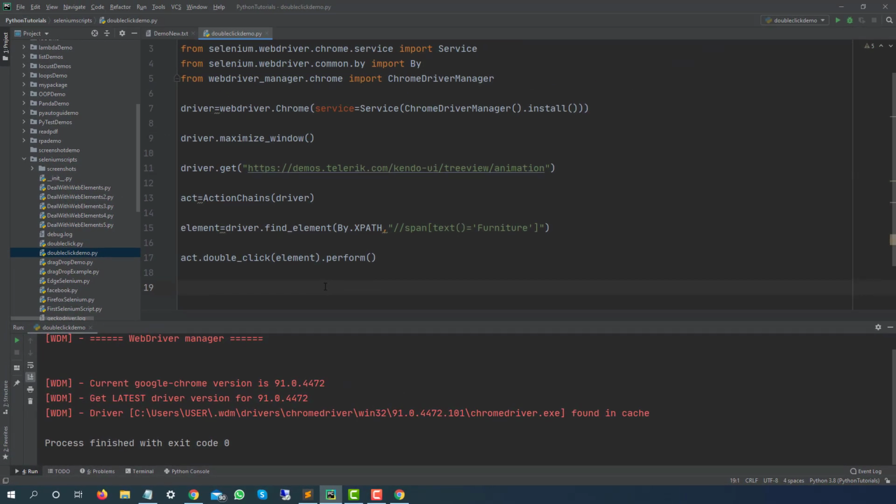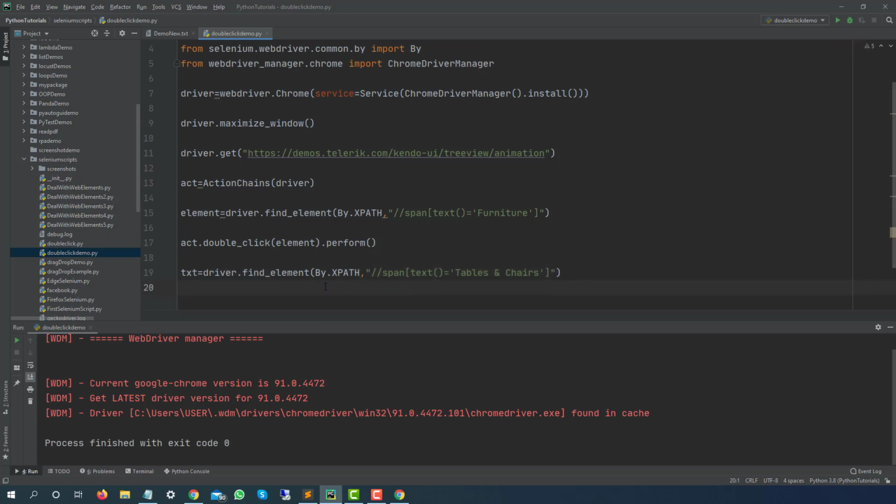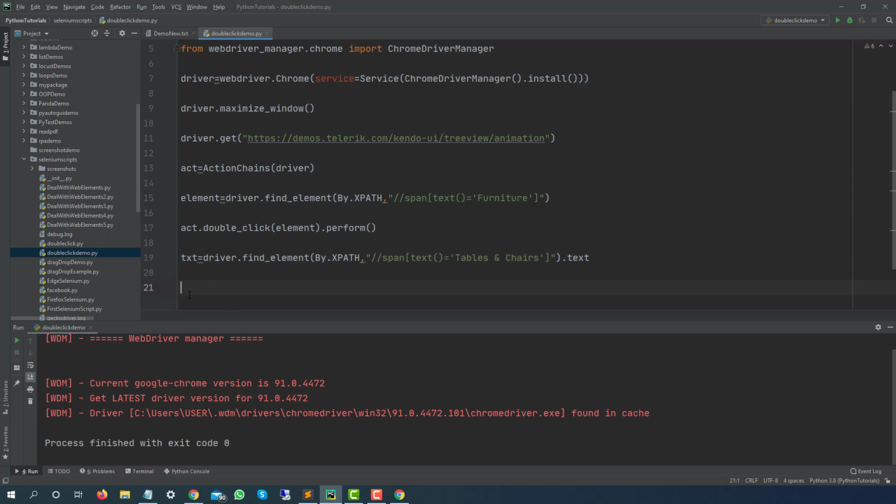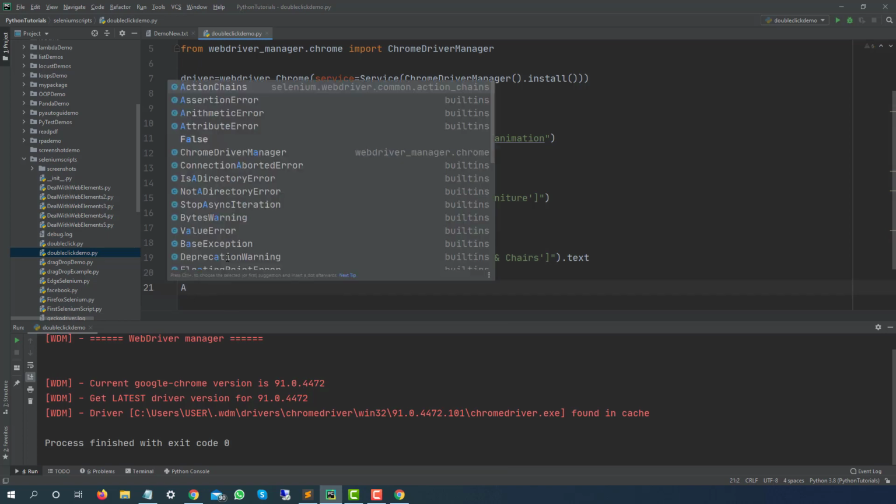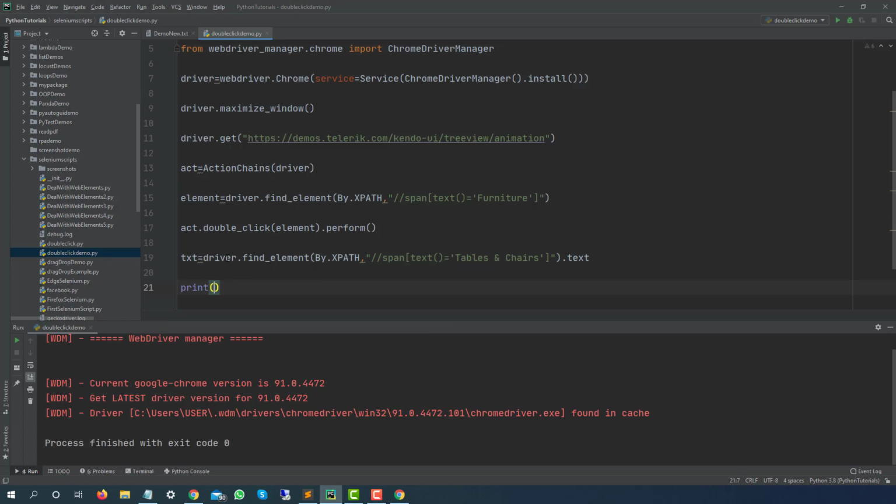So first of all, I will capture the text. I will say txt equals driver dot find element, by dot XPath. And once we get the web element, I will simply use a property called text. So it should return the text in the txt variable. Now I will be using assert. Before we do the assert, if you want to print, you can print that. You can say the captured text is txt, and now let's verify.